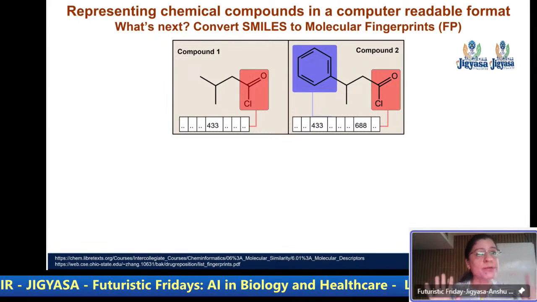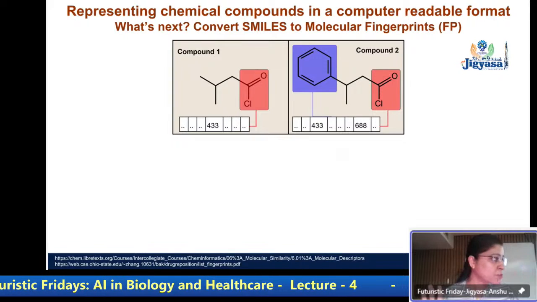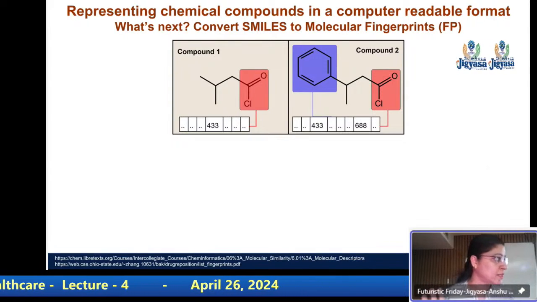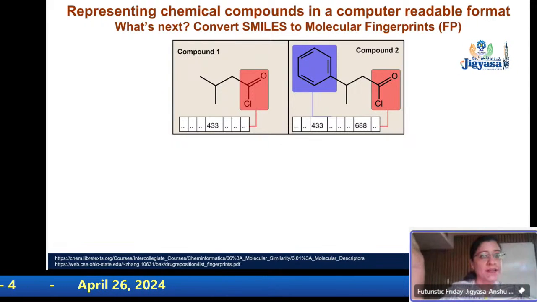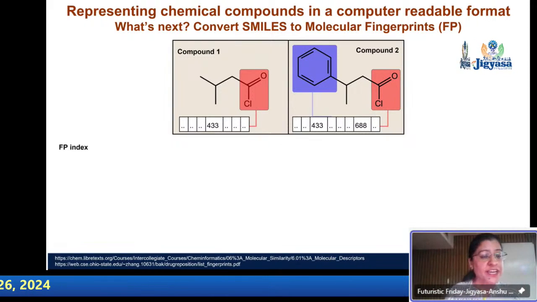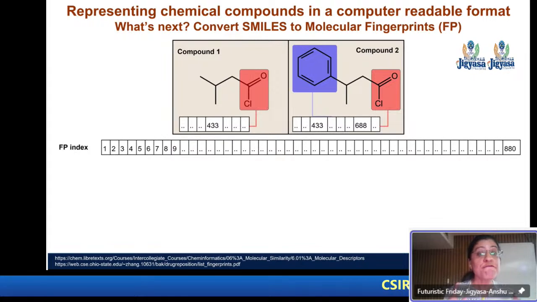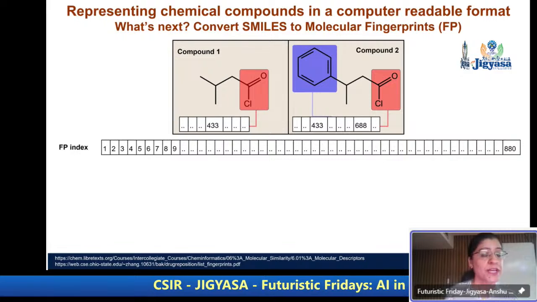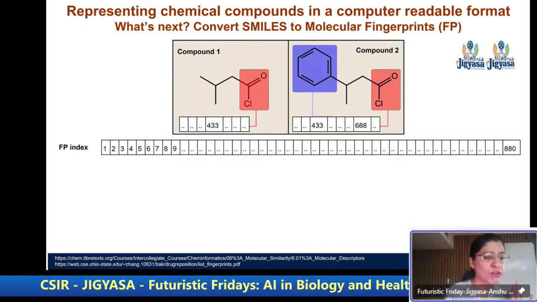I need a database with all possible names in the world, right? And then say, okay, this person appears so many times in India, so many times in US. But I have a reference, right? So what people started creating is something which is called a fingerprint reference. And the example I'm showing you here is from PubChem. So don't worry about that.